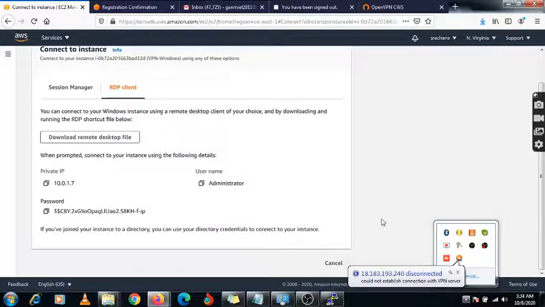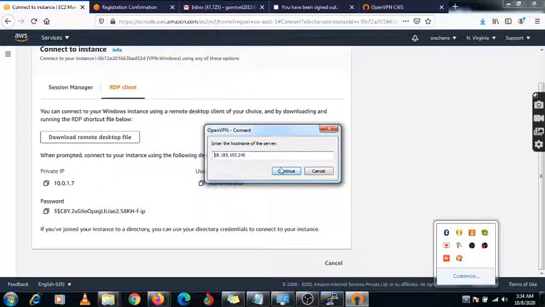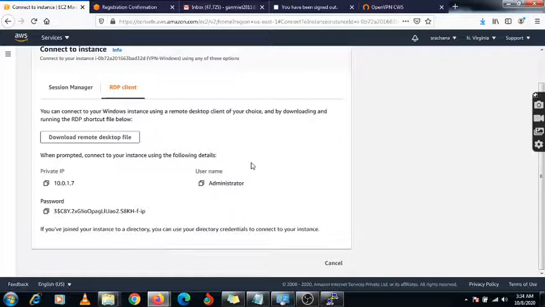Okay, again I need to connect and give the password openvpn, and connect.